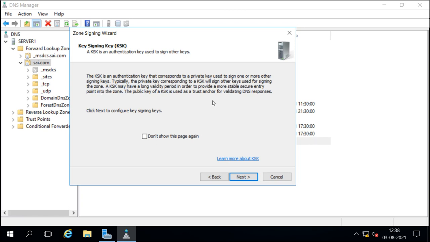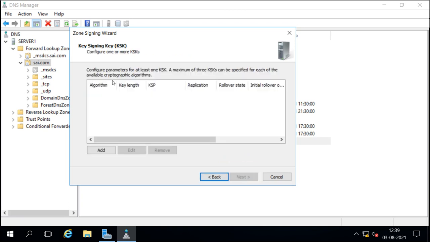So the key which is used to sign the zone, this key is used to sign that key. The key signing key may have a long validity period in order to provide a more stable secure entry point into the zone, and the public key of this key signing key is used as a trust anchor for validating DNS responses. So we'll go next here.